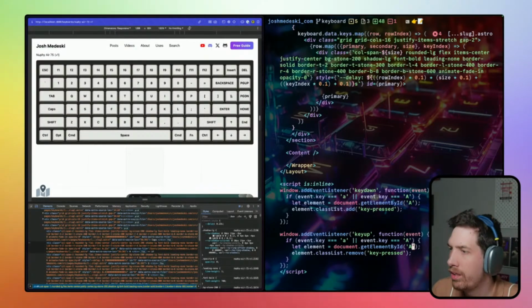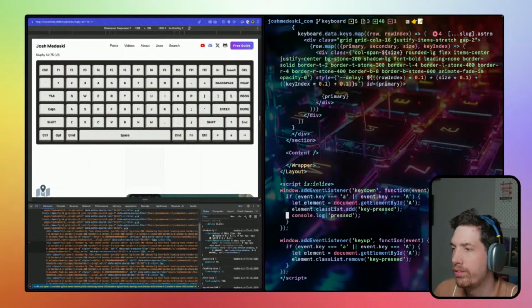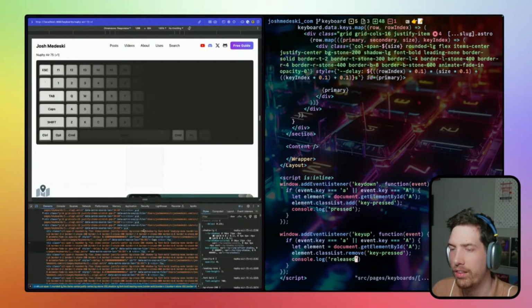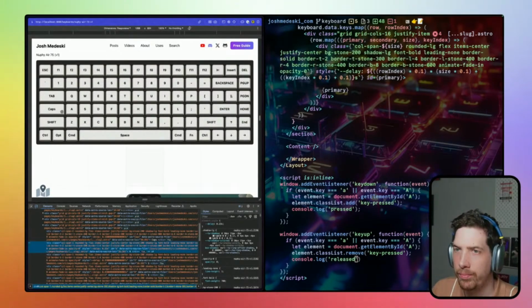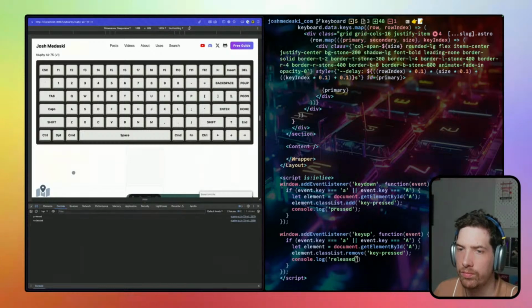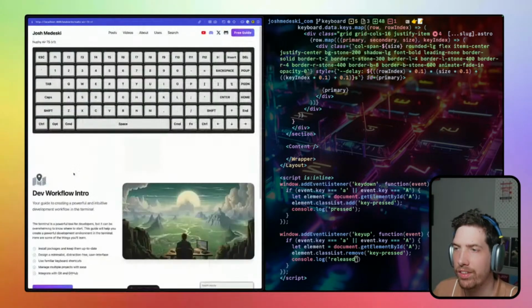Key down, select element. I guess we'll pressed, and this becomes released. Okay, Copilot, thank you for nothing. There we go. Oh, that's fun. If you hold it down, it stays. That's super fun. All right, so now the question is,